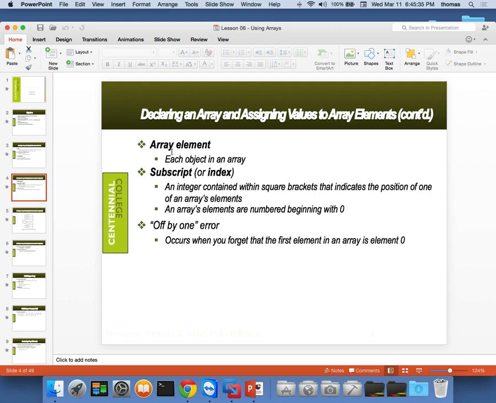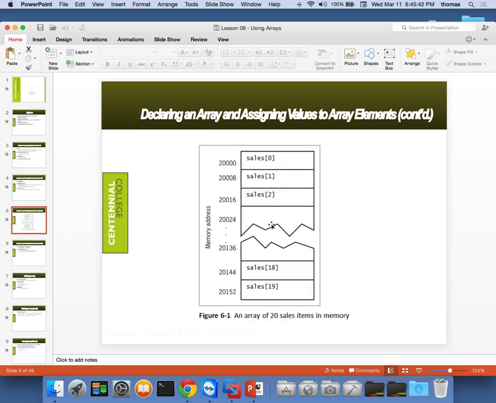An array is a container. That's all it does. And it contains several elements that are related somehow. That's what we talked about last week. And we talked about how it would look. So this, for example, would be the memory addresses. And each element of the array is kind of in this stack, almost like a big tower